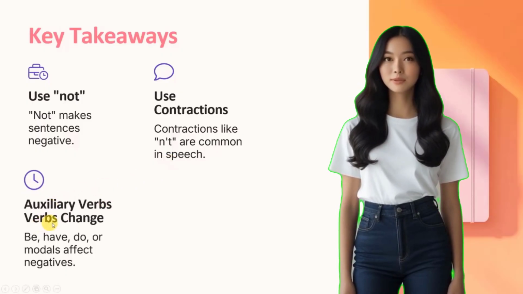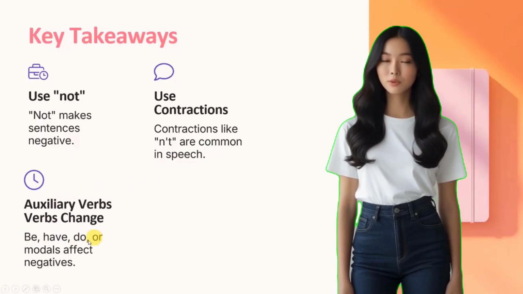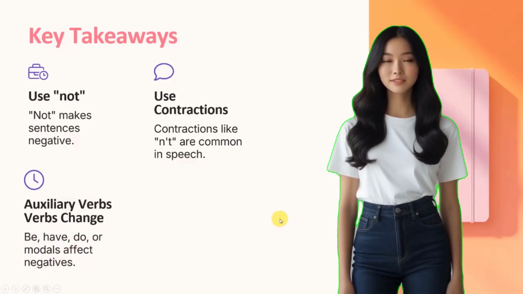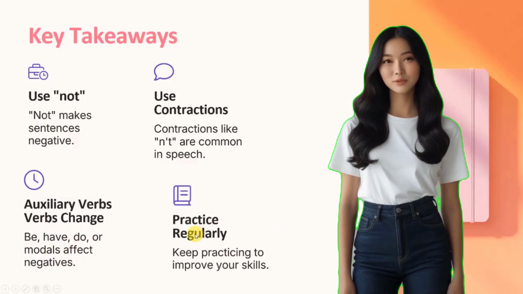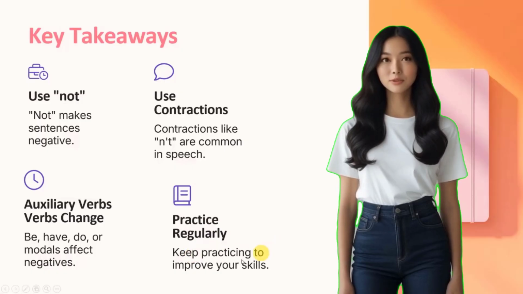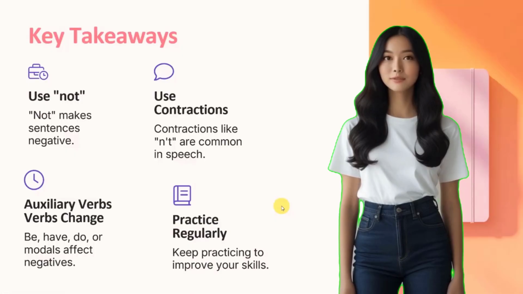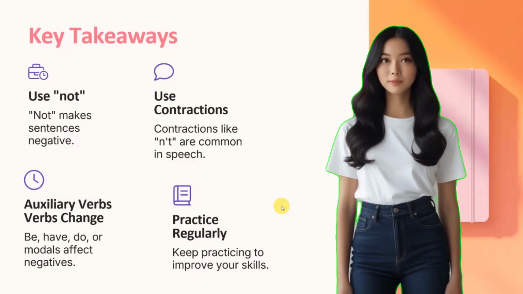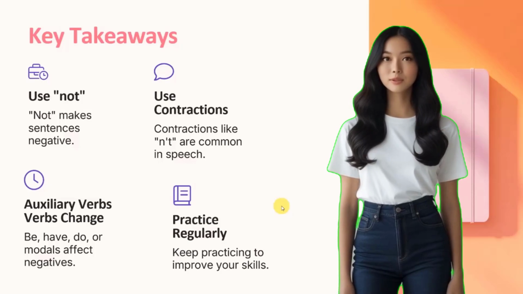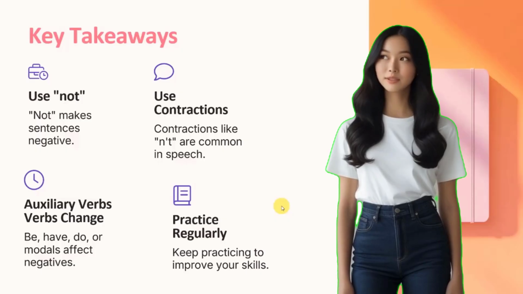Auxiliary verbs change: be, have, do, or modal verbs affect the negatives. Practice regularly, guys. Keep practicing to improve your skills. Like I've said in every single video, if you don't practice, why even bother learning anything, not just English? Anything you're busy doing or learning, keep practicing, because if you don't keep practicing, guys,